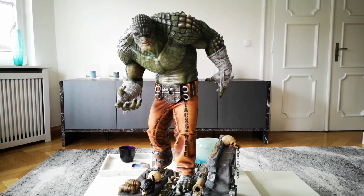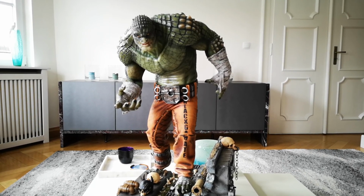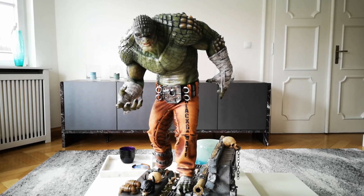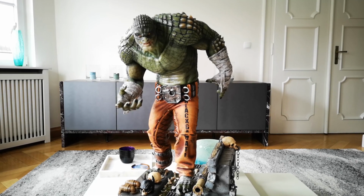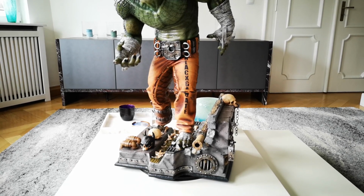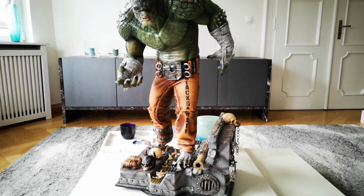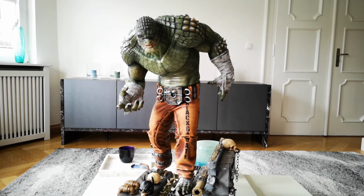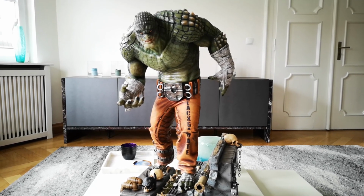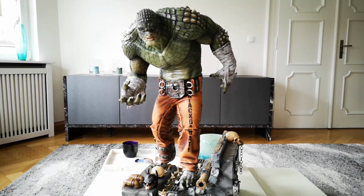So edition size wise, I think they had changed the edition size to only 250 of the exclusives made. And then there's a regular version that doesn't have this Batman skull head here that you see down below. I will show you that in detail, of course, later on. And that regular version, I think, has 500 pieces. So this is pretty low edition size here for this guy,